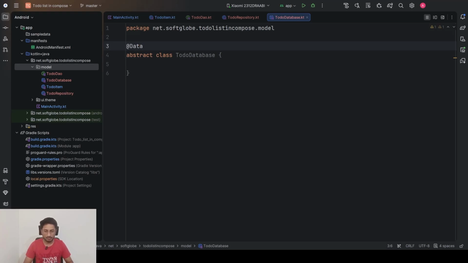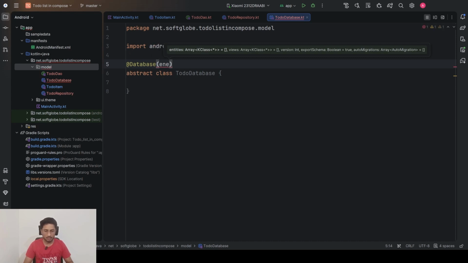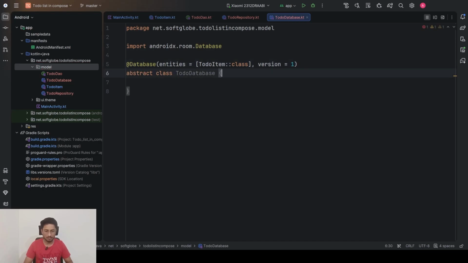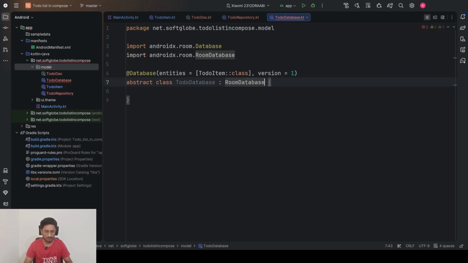I'll annotate this with @Database, and we need to specify entities here. Entities mean the classes. We have only one entity, that is ToDoItem, so I'll just write ToDoItem::class, and it needs a version. So I'll pass a 1 for this, as it is the first version. This is the abstract class, and then this will inherit from RoomDatabase,